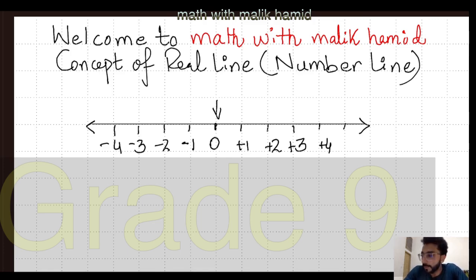Exercise 1.1, as you know, in question number 1 and 3 of exercise 1.1, the concept of real line is mentioned here. So we have to